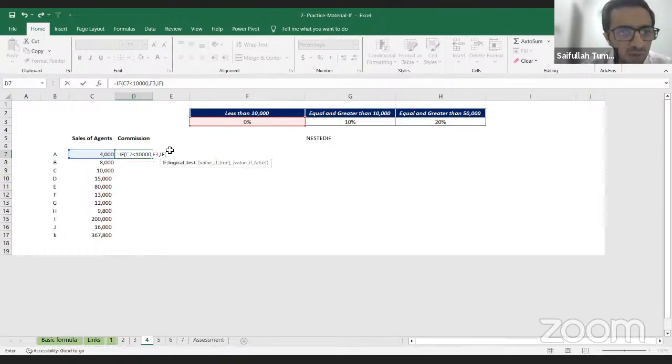If again we are putting a condition and saying that if this cell is greater than 10,000 or greater than 50,000, what will happen? If the cell is greater than 50,000, he is entitled to 20% of the commission, comma, value if false. If he isn't meeting any condition, sorry,